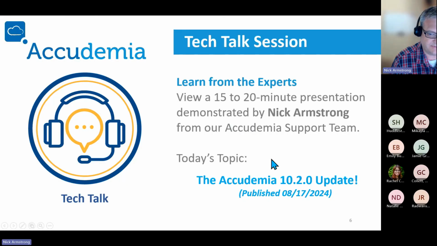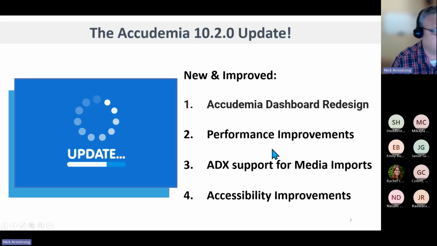So yeah, today's topic is going to be on the 10.2 update published last month, and just going over what those things are and what you can look forward to. There's a lot of things that I won't really be able to show because they're performance updates and some things, but there are a few that I will be able to